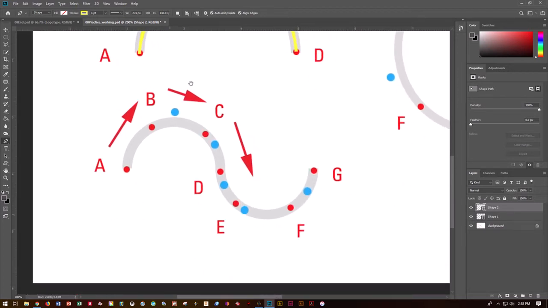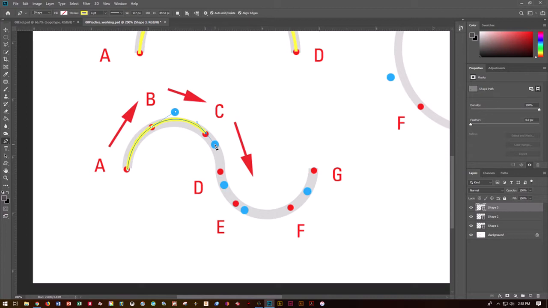So let's come down to our S shape. Still the same type of thing. But you'll notice that depending on where we have our anchor points, we can move things around. So let's go ahead, click A, come to B and hold to about the middle. Hit C. Oh, but if I just do it, now I get that kind of not a perfect curve, so I don't want that. I'm going to Control Z and hit C and hold